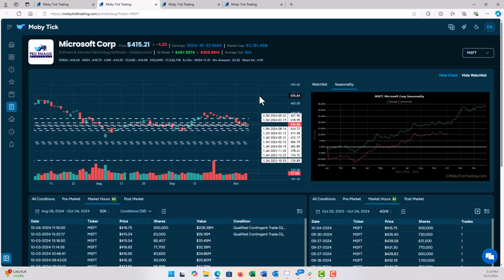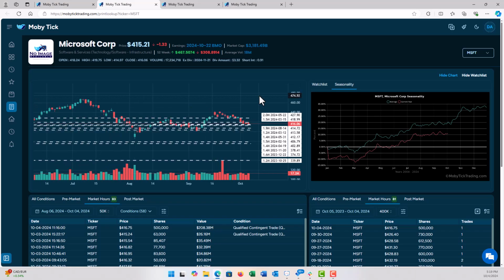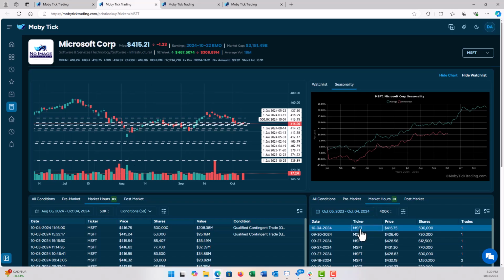Now, you'd have to do some more technical analysis and see if this is a reasonable target. Up to 440, and maybe up to here, 460. We can add these extra trades on here. Here's the 416.75. This doesn't really help us. And if we look at what the highest and lowest is here,